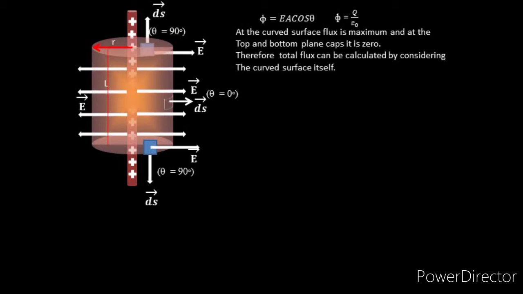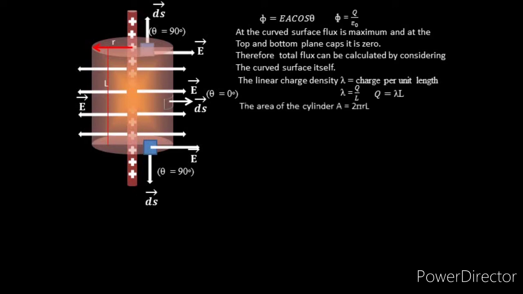Okay. Then we know the linear charge density lambda is nothing but charge per unit length. Considering the infinite length of the conductor, it is difficult for us to calculate the total charge. So we are going to calculate the charge density, which is q divided by L, that is lambda, that is lambda is equal to q divided by L. Whenever you give a charge to a straight conductor, the charges will be distributed in a linear manner. So the linear charge density lambda is equal to charge per unit length, so q becomes lambda L.